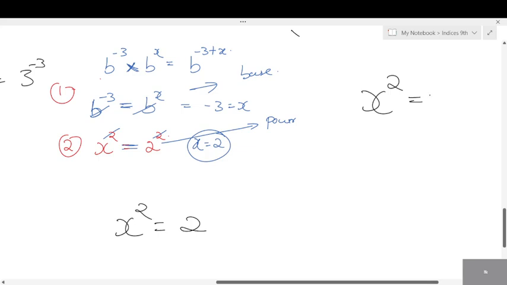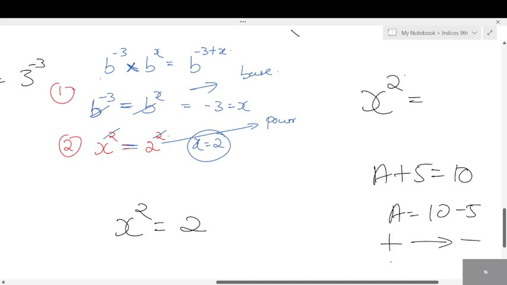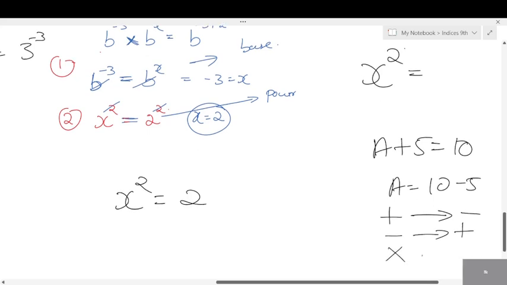2. Remember this: if this 2 goes to the other side, for example, in a simple linear equation, a plus 5 is equal to 10. What happens to plus 5 if it goes to the other side? Yes, minus 5. All of you are aware of this, right? In a simple linear equation, plus becomes minus, and minus becomes plus. What about multiplication if it goes to the other side? Division, and division becomes